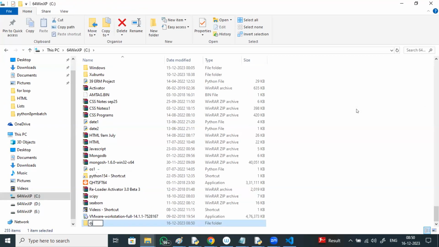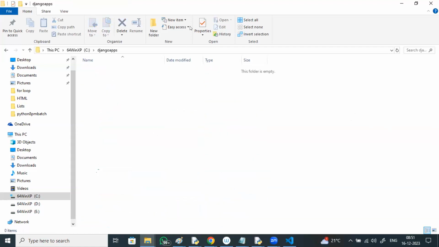What is the name? Django apps, don't use a space. Let's create a folder with the name Django apps. I created the folder; it's an empty folder.